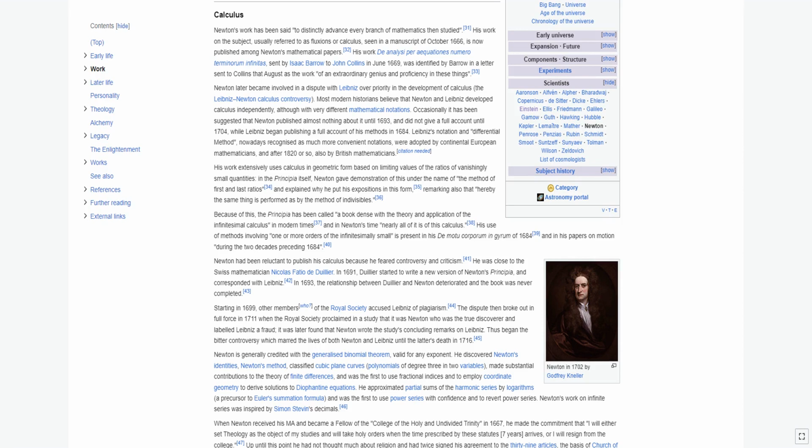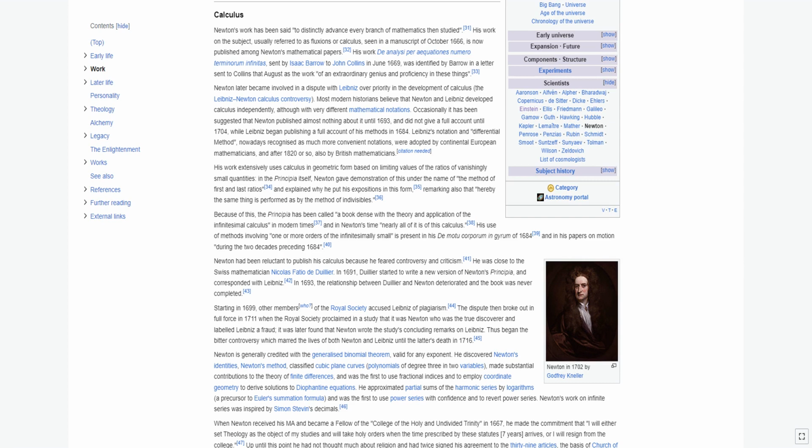Newton's work has been said to distinctly advance every branch of mathematics then studied. His work on the subject, usually referred to as fluxions or calculus, seen in a manuscript of October 1666, is now published among Newton's mathematical papers. His work De analysi per aequationes numero terminorum infinitas, sent by Isaac Barrow to John Collins in June 1669, was identified by Barrow in a letter sent to Collins that August as the work of an extraordinary genius, and proficiency